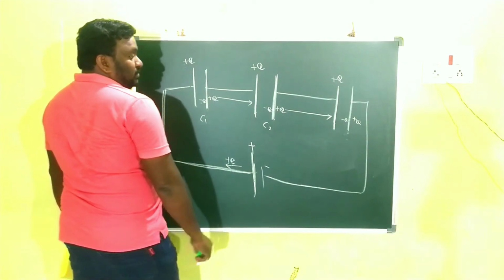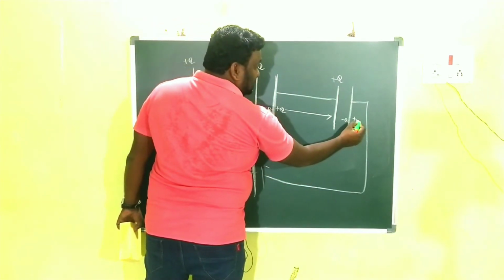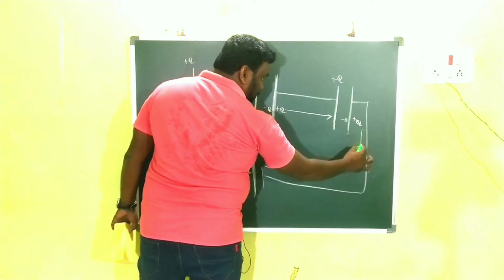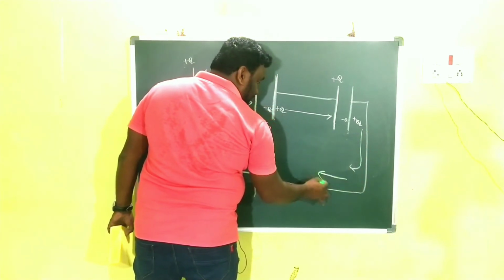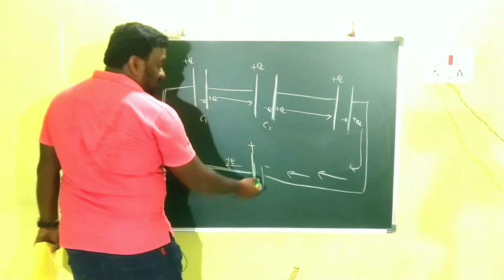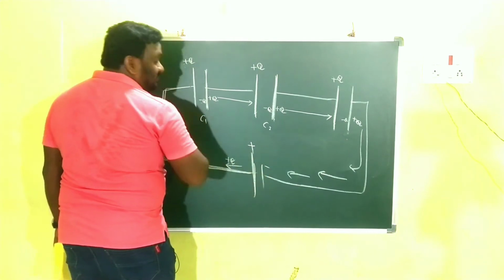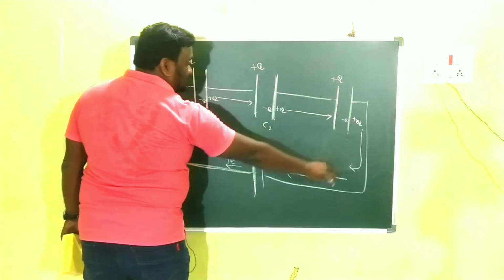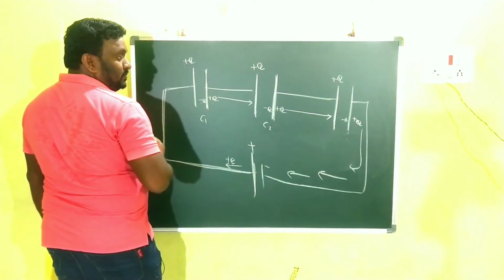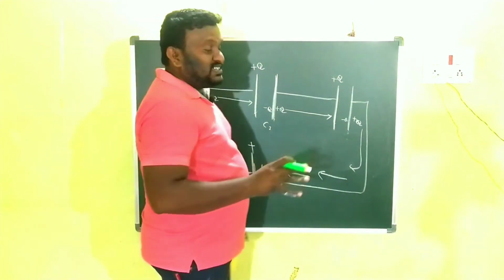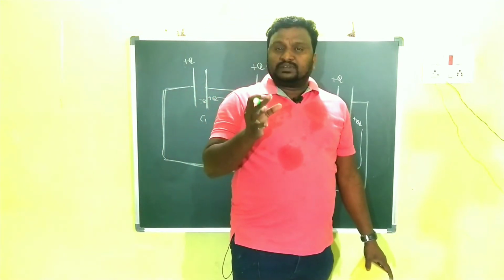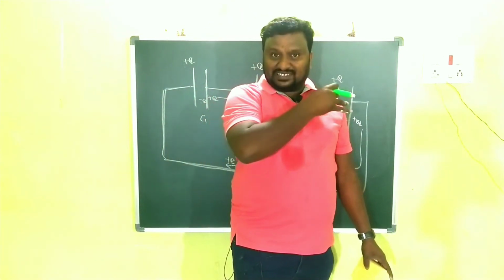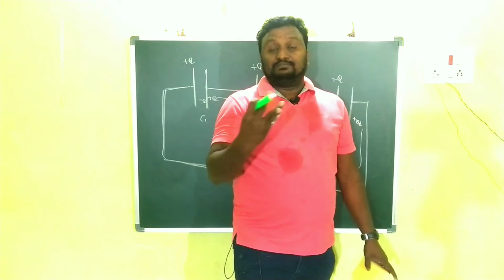Clear? So again this is plus q. This plus q should be attracted by this negative terminal of the battery. So in this way the positive charge will be supplied. Clear? So children, actually there is no need for this much depth for the series combination of capacitors, but you have